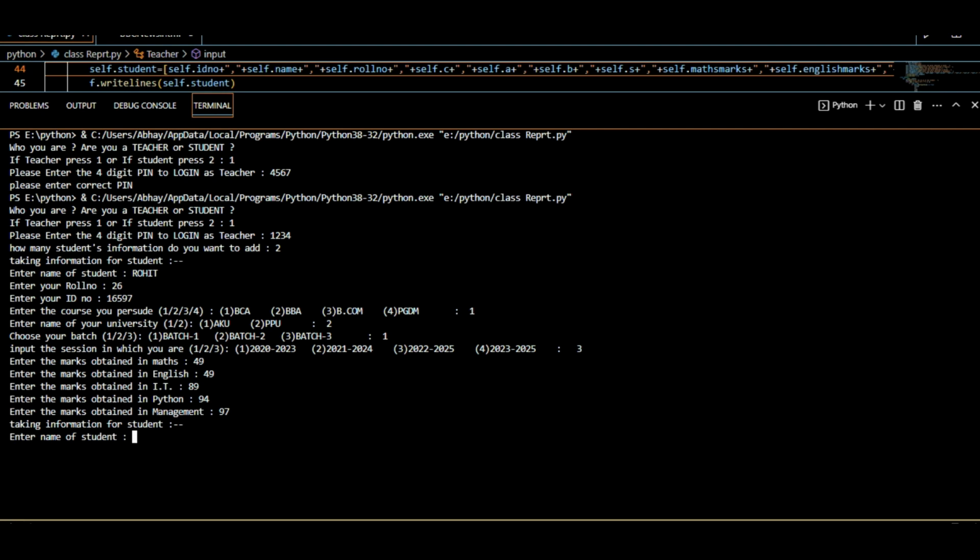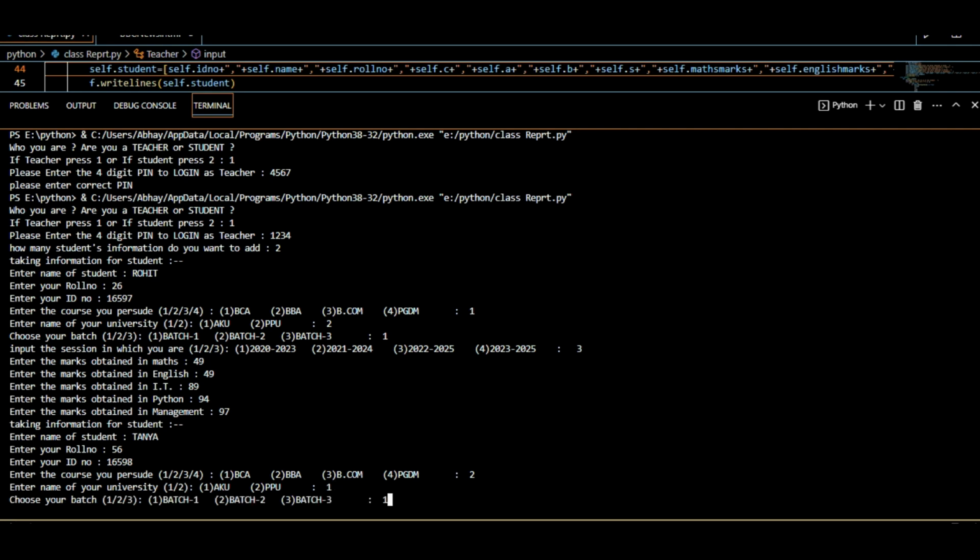Taking information for another student. Another student's name is Tanya. Roll number 56, ID number 16598, and enter the course pursued. She pursued BBA. Enter the name of the university. University is AKU. Batch 1, session